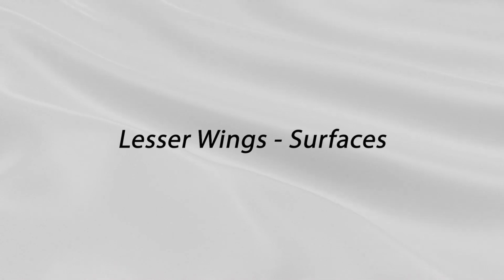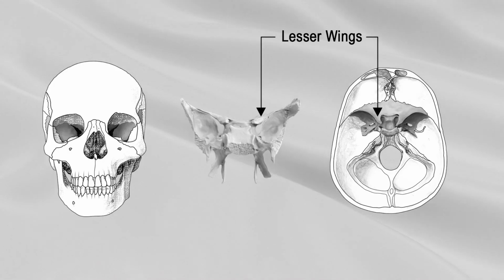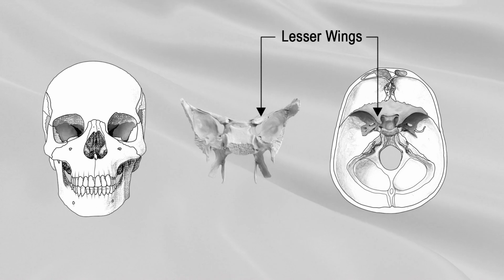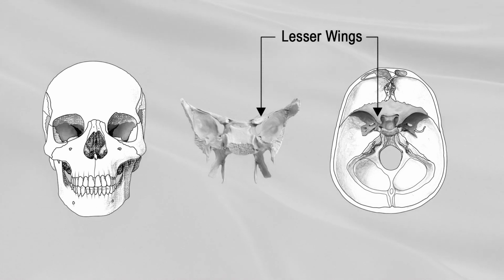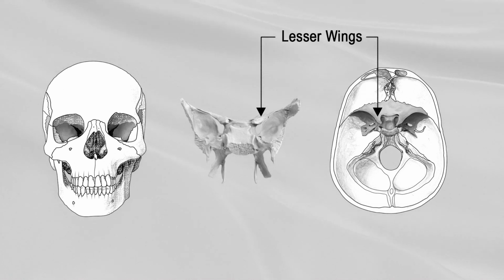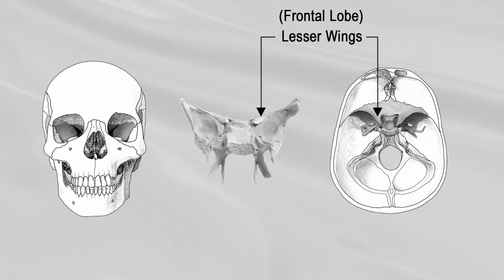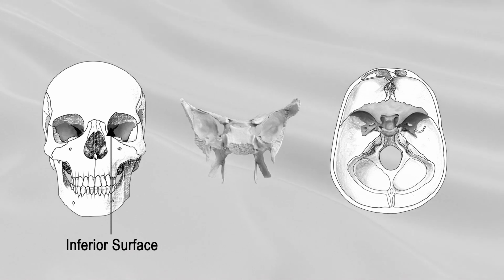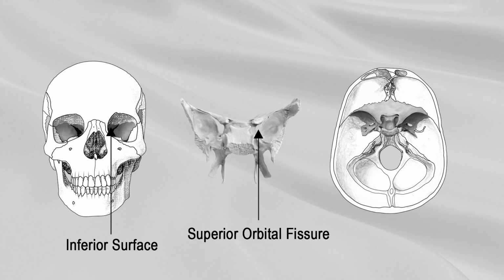Lesser wings, surfaces. The lesser wings are two thin triangular plates, which arise from the upper and anterior parts of the body, and, projecting lateralward, end in sharp points. The superior surface of each is flat and supports part of the frontal lobe of the brain. The inferior surface forms the back part of the roof of the orbit and the upper boundary of the superior